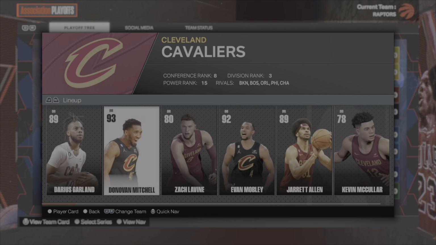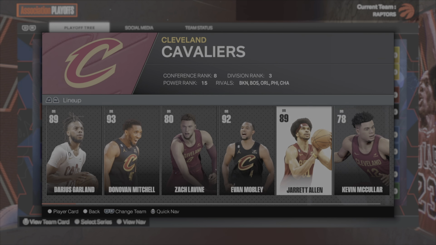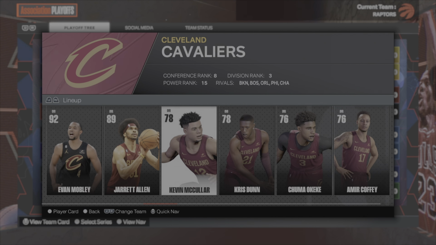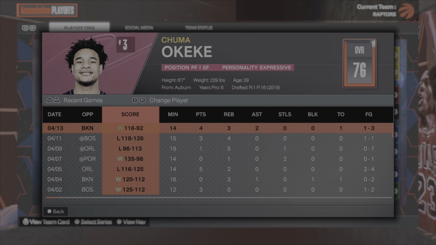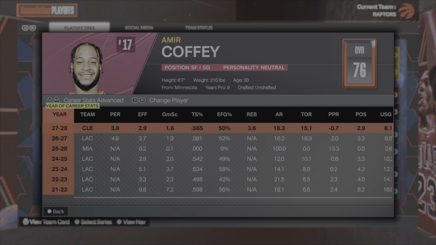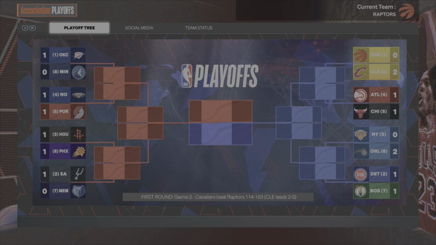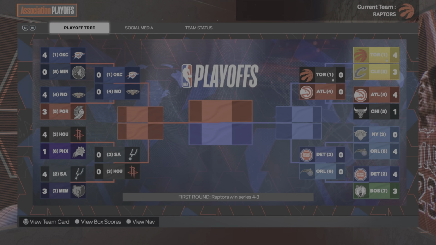So Cleveland, Garland, Mitchell, Zach LaVine, Evan Mobley. Obviously, we almost got Garland, but we have them in the play-in tournament. They have a pretty decent team. They have Chris Dunn, Jaume Kiki, and Amir Coffey off the bench, who had a pretty big role at the Los Angeles Clippers, so let's see if we can beat them, and we are going to beat them in 7